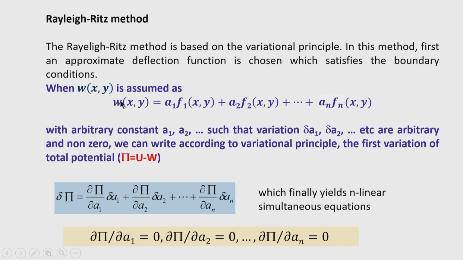That means, when you use the Rayleigh-Ritz method and go for evaluating the strain energy expression, you must know the deflection function. The deflection function before starting the problem is in many cases not exactly known. Therefore, we assume a function which satisfies the boundary conditions. There are geometrical boundary conditions, that is, conditions on slope and deflection, and other conditions on bending moment and shear force.